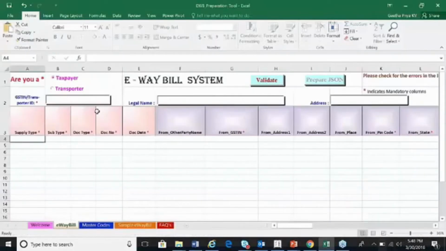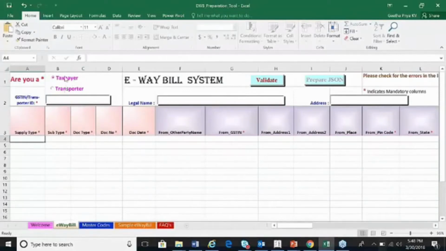We have given both the formats, Excel e-way bill, as in the e-way bill Excel spreadsheet, or JSON e-way bill details. The Excel e-way bill details is a template designed by the department. You have to download it from the portal and export the data onto that. So we'll just show you how the format will be. So this is the format, e-way bill system, which we downloaded.